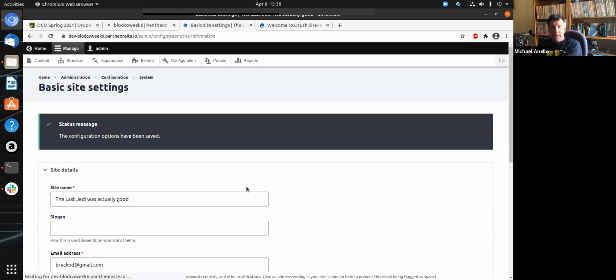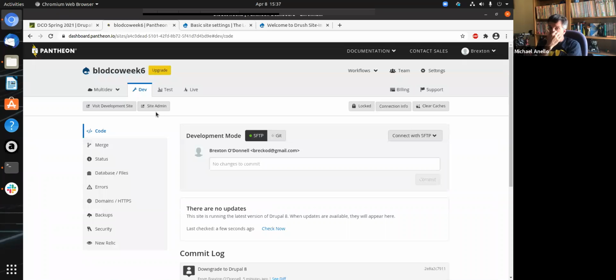So we'll know that what we're about to do worked when your local environment has this same title, same site name. All right, but let's go back to your Pantheon dashboard. And we're going to do this the manual way first. Actually, today during office hours, we might only do it the manual way. But go to database files on the left